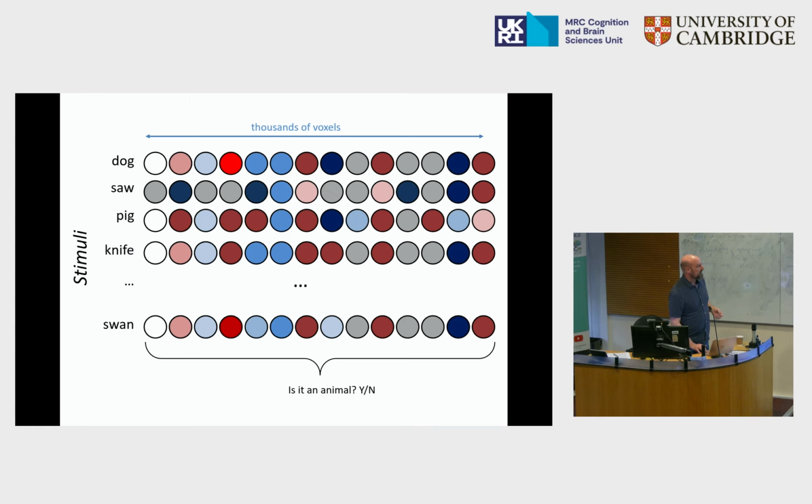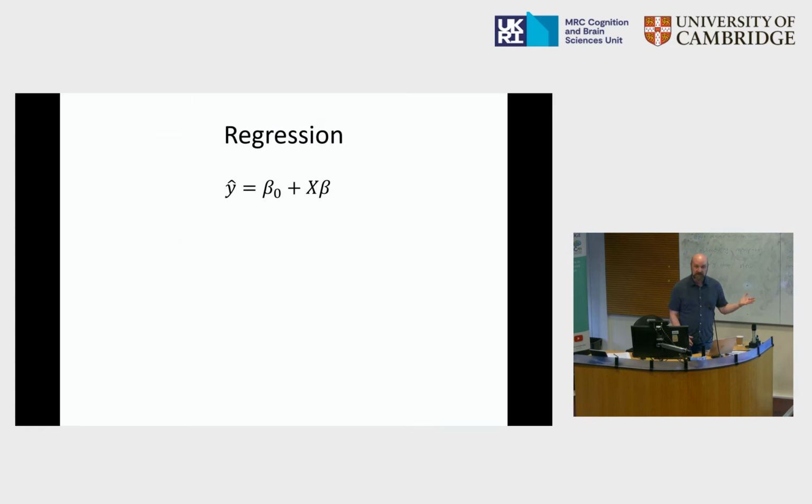What do I mean by a model? I don't mean anything fancy. I mean regression. You all had regression classes. You probably saw this equation here, right? You have some outcome y hat that's predicted by some intercept, beta 0, plus a bunch of predictor variables. Those are x here. And for each predictor variable, you're estimating a beta coefficient in the regression model, a weight. So x is the data, beta is the set of coefficients that you're learning for those data. And in linear regression, we're just trying to find beta coefficients that come as close to the true data as possible.